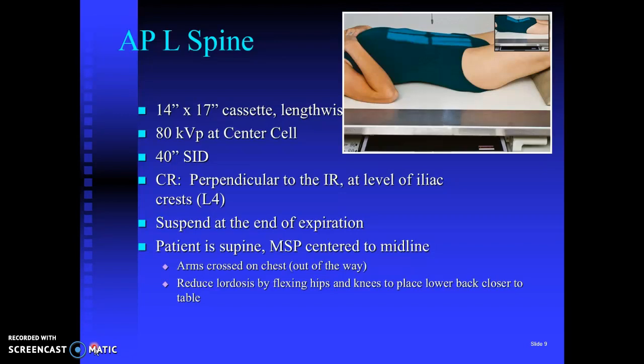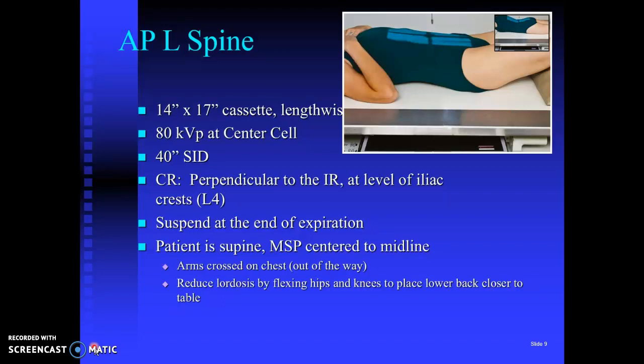Starting off with the AP L-spine, this will be completed on a 14 by 17 cassette that's lengthwise, with the patient either supine or standing. Or you can also complete this procedure as a PA in order to reduce the radiation exposure to the ovaries or gonads. The SID is at 40 inches with a 40 kVp using the center cell, ensuring that the spine